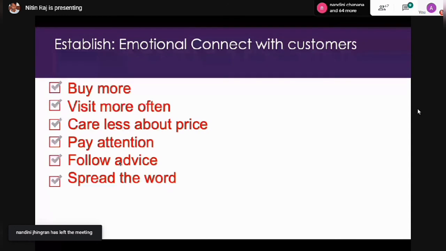So let me talk about these customers who rated 5. They would often buy more. They would visit the website more, and they would care less about the price. So you should actually focus more on those 8 customers who bought and try to ensure that they come back again, rather than solving the problem of those 2 customers. It's good to talk to those customers, but not invest too much energy on them. I personally believe an unhappy customer is an unhappy customer. No matter what you do, you cannot fix them. Yes, sir. I agree with this point.